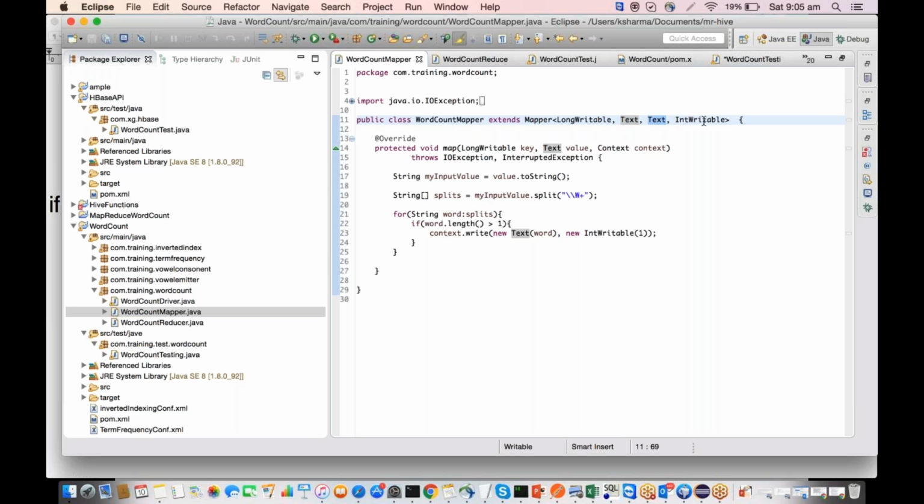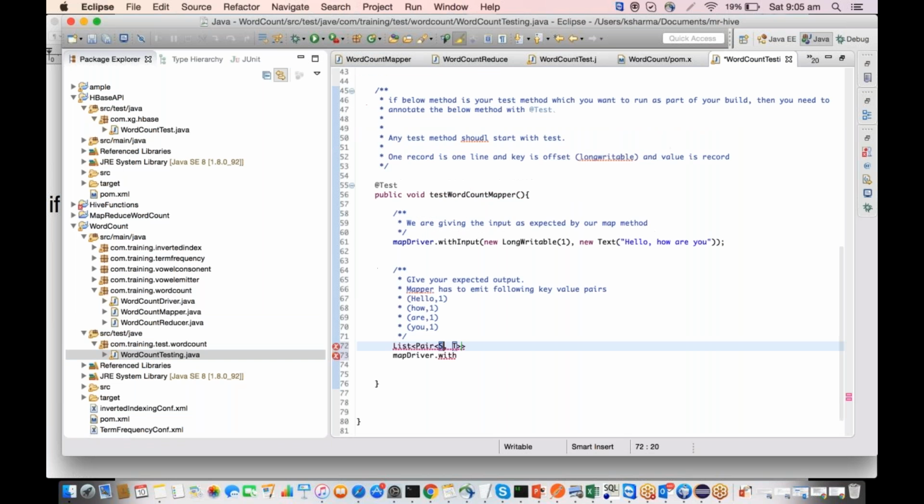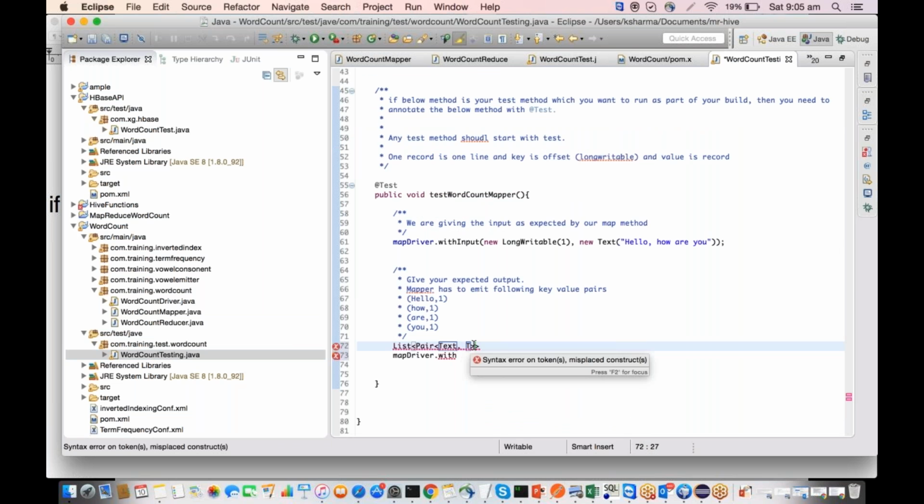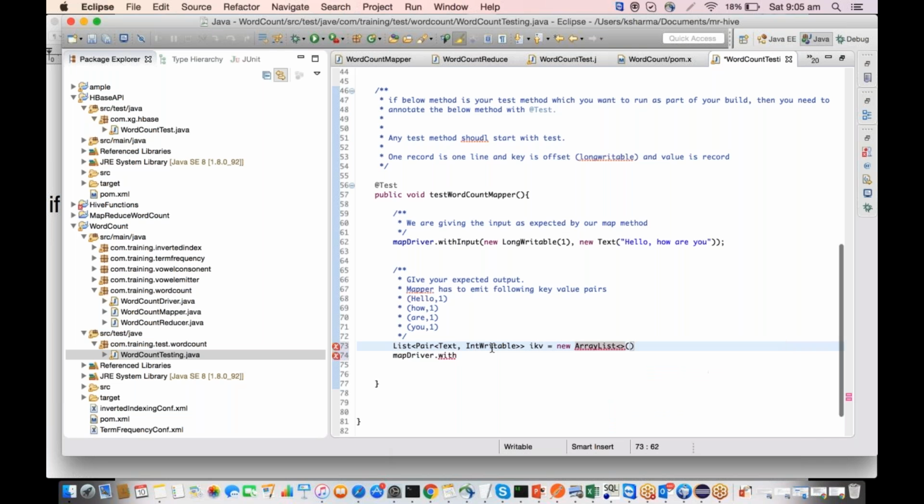These are my output key value pairs. So I'm going to say IKVs, that is intermediate key value pairs, new array list of